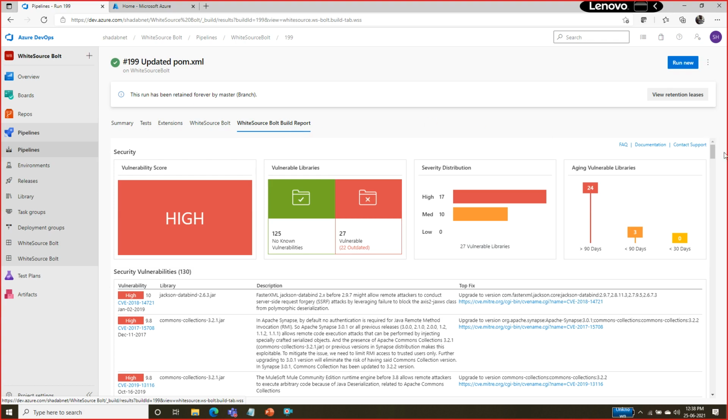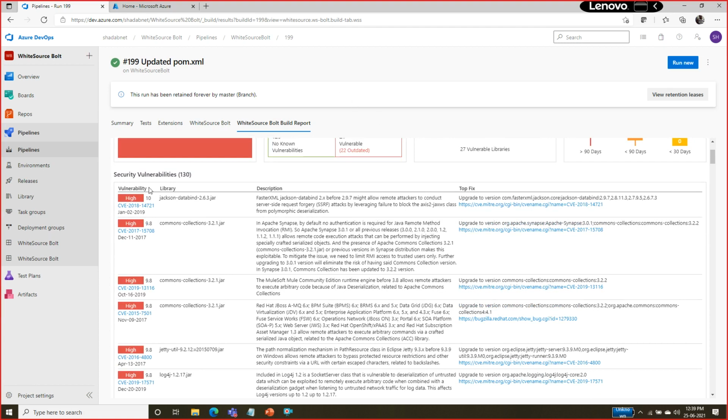This report is going to talk about vulnerabilities with high, medium and low severity. There are 70 high severity, 10 medium, and no low available. It is going to tell you that you are using this jar library which is an outdated library. You have to go and upgrade that library to this version, and it tells you that some security flaws have been fixed in it.